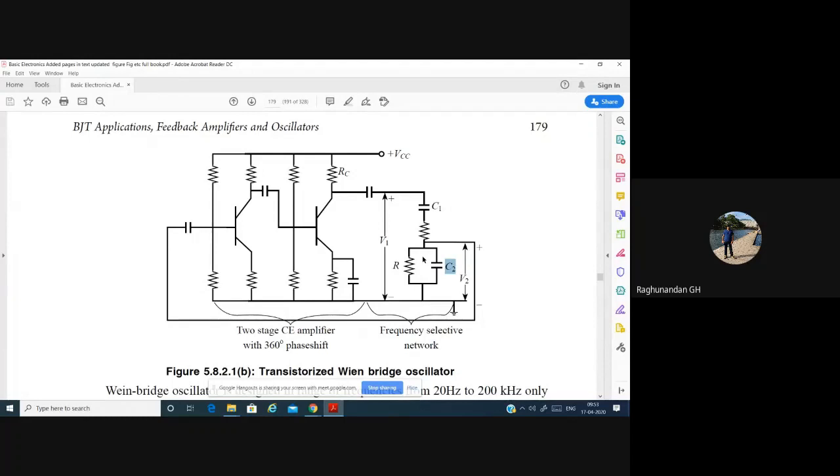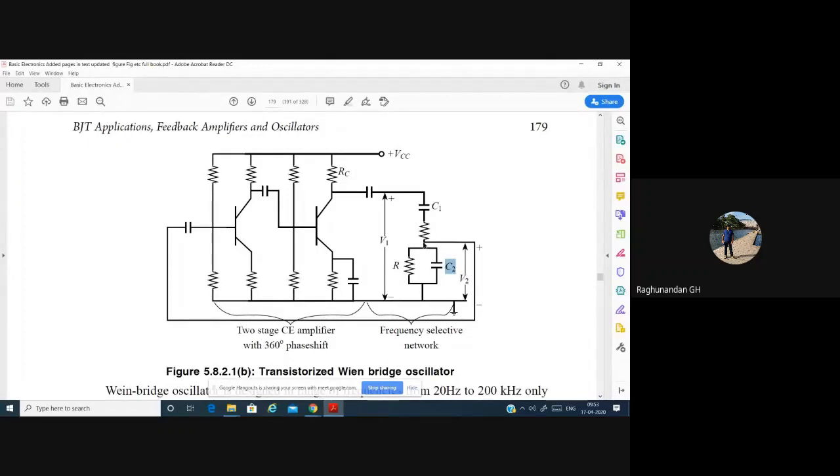So from this we understood that the voltage we are giving here is the voltage across this RC value, not the voltage which is coming across the other RC. So now we have to find out what voltage we are having across this RC.